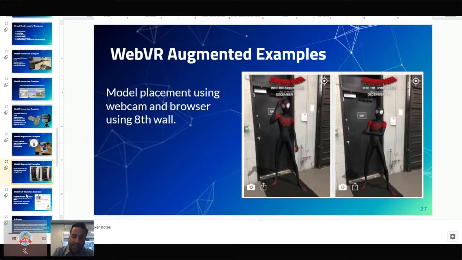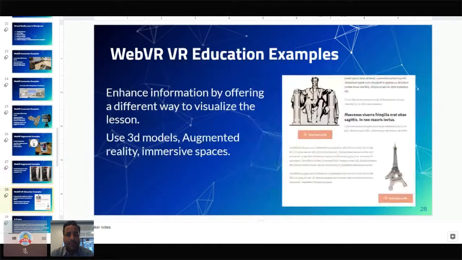And of course, education. Imagine if you had a website with some sort of lessons, and you could enhance those lessons with some sort of immersive technology, whether it's virtual reality or augmented reality. Imagine that you're in a school and you're teaching about democracy and how democracy was invented.